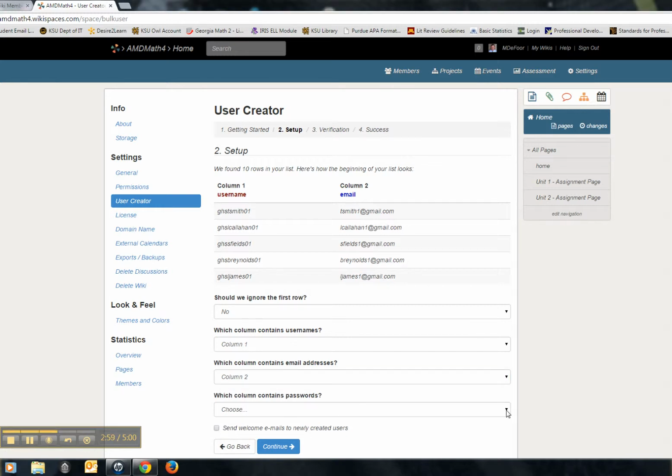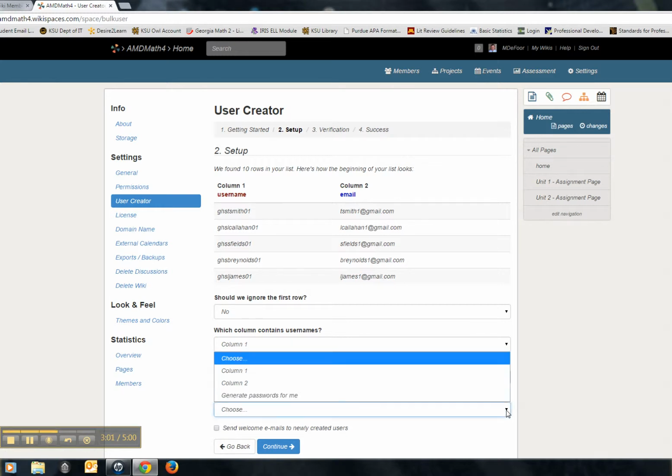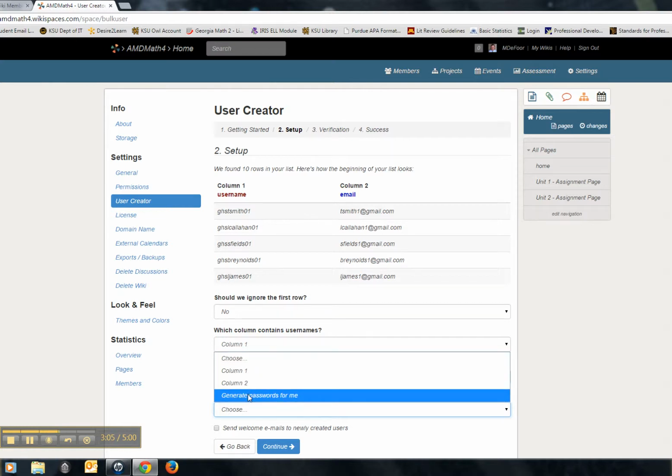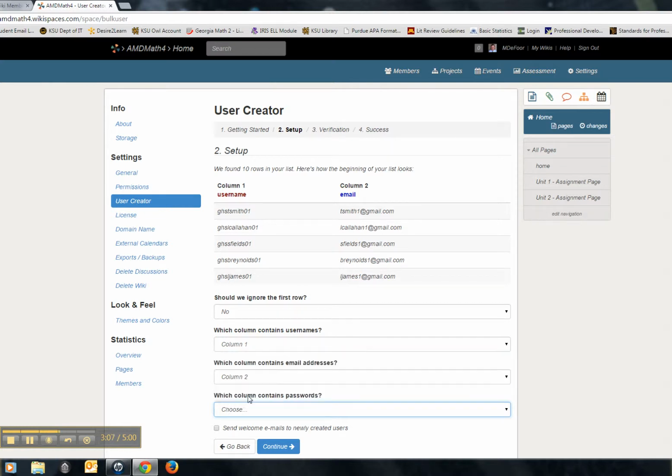The last drop down window asks us which column our passwords are in, but I'm going to let Wiki create passwords for me, so I'm going to choose this option. Now you can create your own passwords if you choose to, but I just don't want to take that time, and I think there'll be a little bit more consistency and privacy if I let Wikis do that for me. So now that I'm through with all my drop down menus, I'm going to select continue,